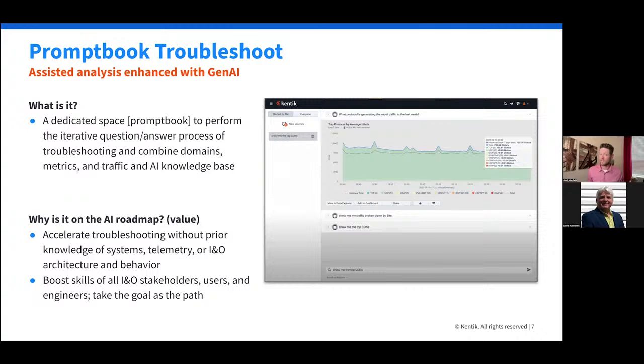The second one is start to string that together into prompt books, being able to do the next step and the next step and the next step in your troubleshooting, but then codifying that within a prompt book, a journey that you took, and being able to then apply that to future situations where the exact same flow, the exact same model is followed, even if the variables are different coming in. And that allows you to have very specific types of troubleshooting lanes and the ability to share and repeat. Not everybody has to be the expert that you are.